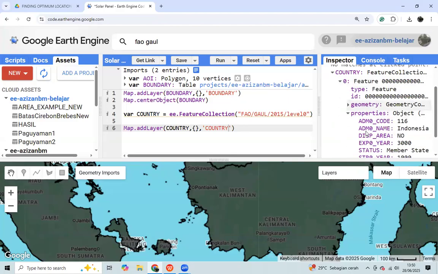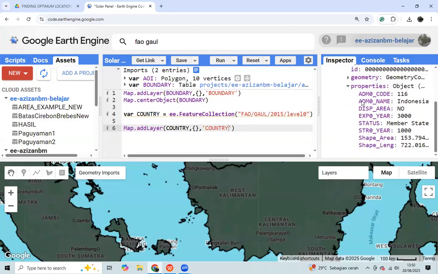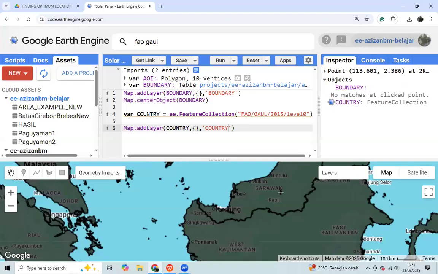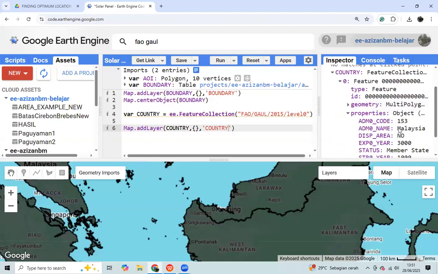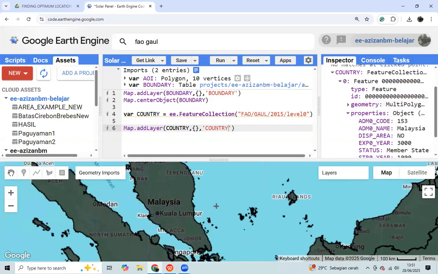Then go to the properties. There is the administrative name of the country that we choose. Like it's Indonesia, or we can go to Malaysia, or we can go to another country.